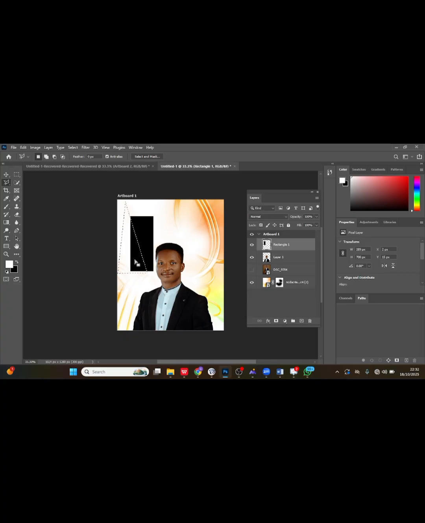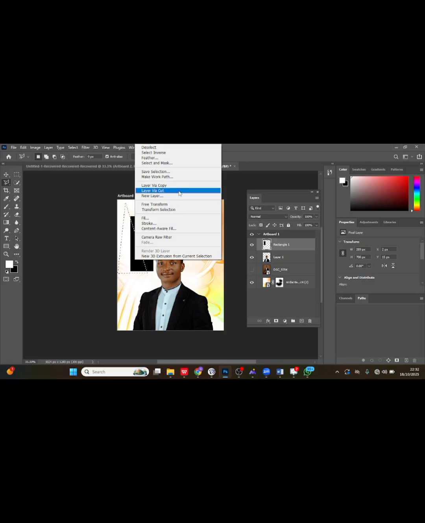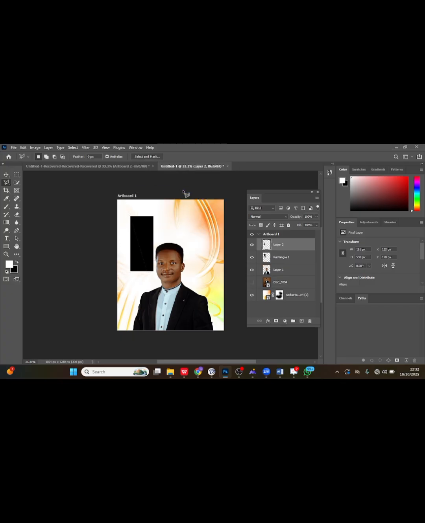So first I will right click, and then you see copy via cut, and I'll just click on it. You can actually see the shape has been separated, so you can see the first one, and then you can see the last one here. I'm more interested in the last one, which is the biggest one. So now what remains, you can see from the layer here,